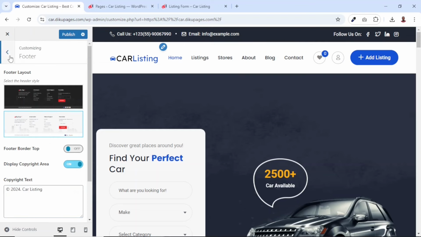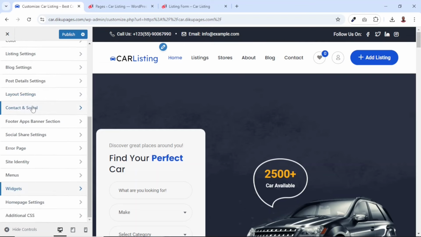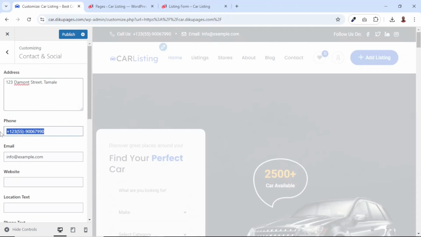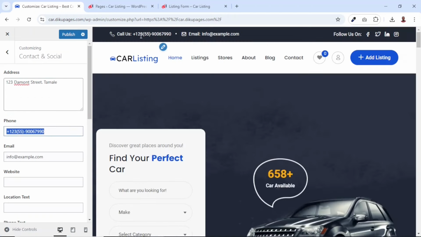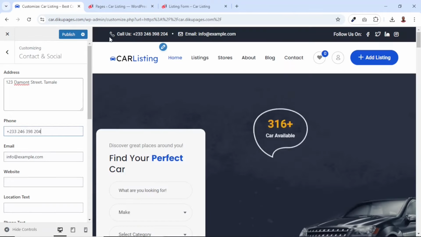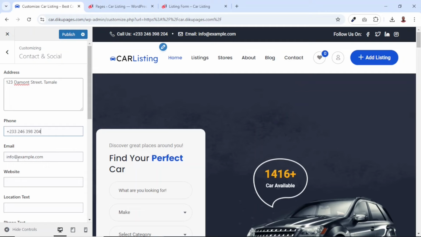To do that, I go back, then I go ahead and click on contact and social. From here, you can enter your address. So I'll just enter. Next, I have phone number, and this is what we have right here, as you can see. So I'll just go ahead and enter my own number, and we have it right here. Next is email, so I'll just say